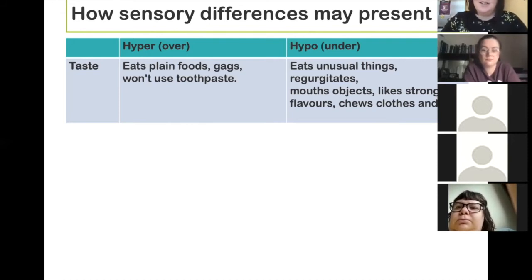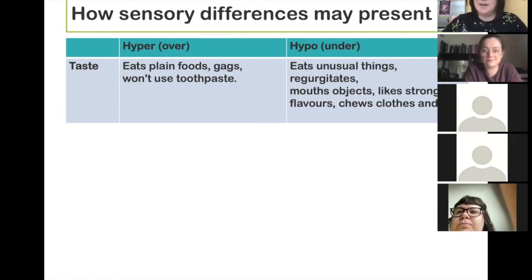I just want to put the caveat out there that unless we carry out a functional assessment, there could be other reasons as well. We're not saying that everybody who does this is definitely doing it to meet a sensory need. And there could be other things that people who are oversensitive in taste, for example, would do that aren't on this list. So just to put that out there. But these are some examples of potentially how it might present as a sensory behaviour if someone's got that particular difference.